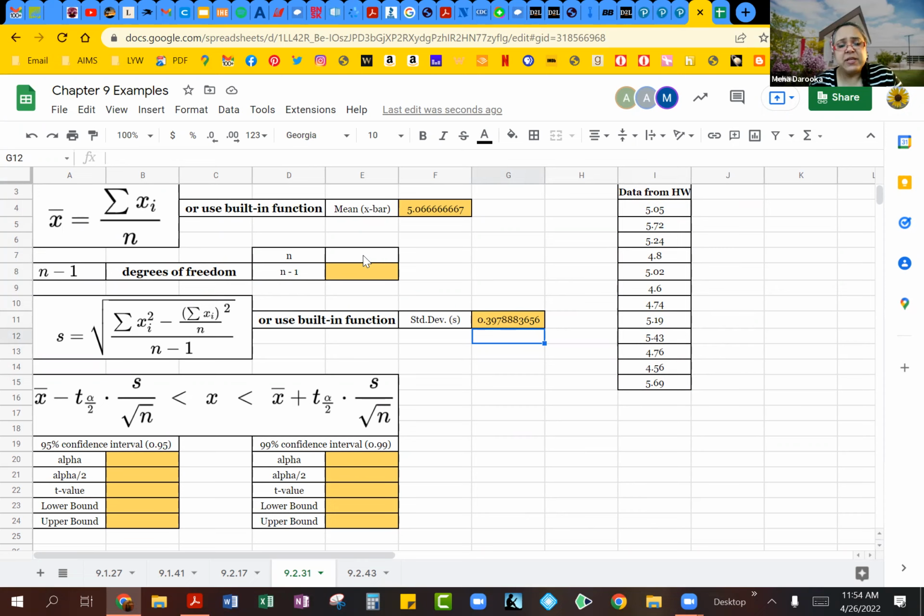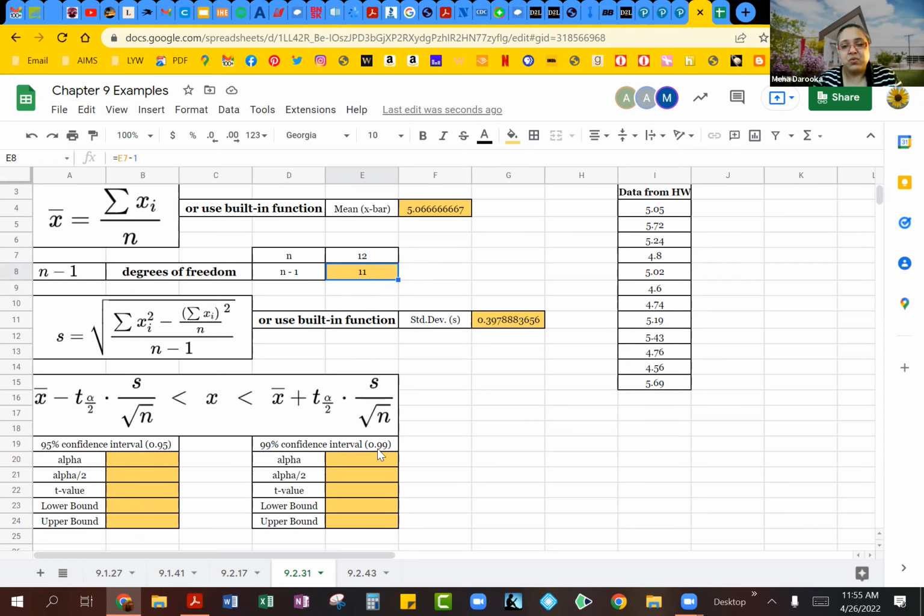Now, another calculation that we are going to need is this right over here. N, of course, we know is 12 data values, and then your degrees of freedom that we talk about is actually going to be N minus 1. So degrees of freedom is always going to be whatever the N value is, subtract 1 from that, because you need that for the t distribution. And we'll talk about that here when we calculate our t value. So keep that in mind. N minus 1 is your degrees of freedom.